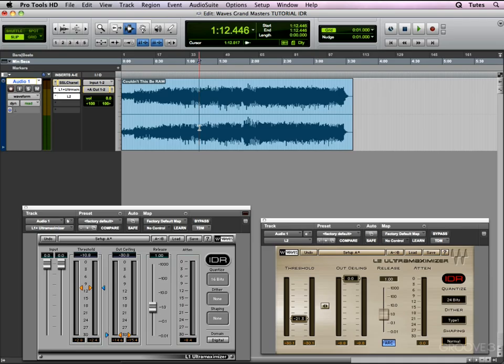So in my case, Pro Tools HD, the calculations are 48-bit. The plugins are talking to each other at a 24-bit resolution. So even though I might be working on 16-bit material, I am now up at a higher resolution as I work, which means that when I finally output that session, I have to dither as I bounce down to 16-bit resolution. Now the reason I've got the L1 over here open is because that's going to allow us to demonstrate